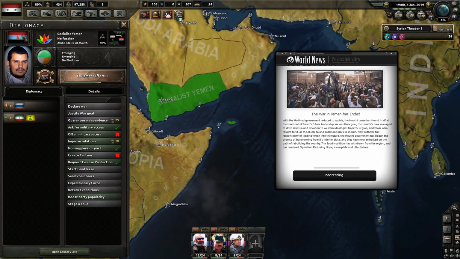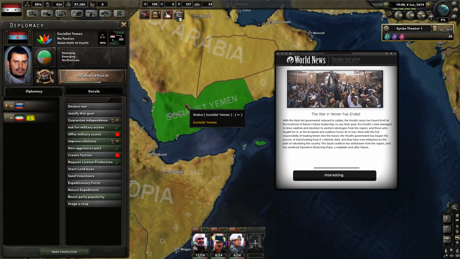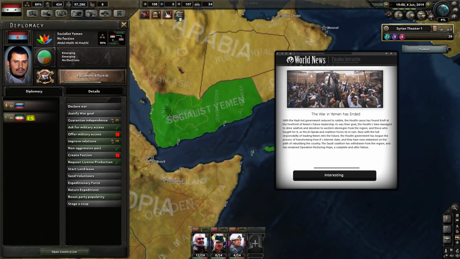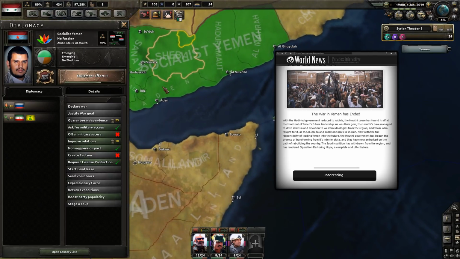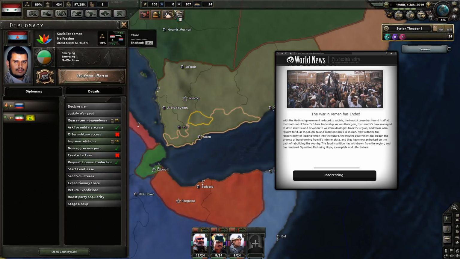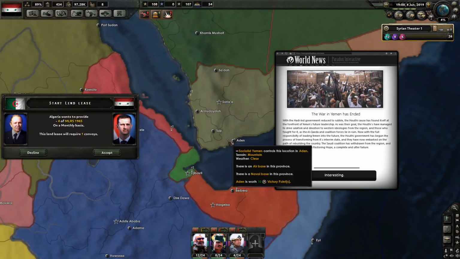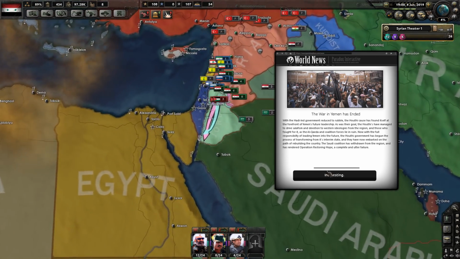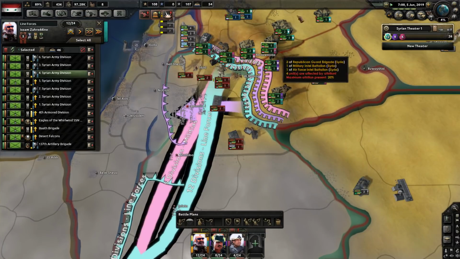So, socialist Yemen apparently has been established by the Houthis. I would have imagined that they would have kept being Houthi Yemen, but yeah, now they have the flag of like the Socialist Republic of South Yemen, I believe it was. I believe it was South Yemen during the Cold War. There was like a South Yemen and a North Yemen. I don't exactly remember. Algeria wants to give us artillery. That's fine. Anyway, yeah, the main...